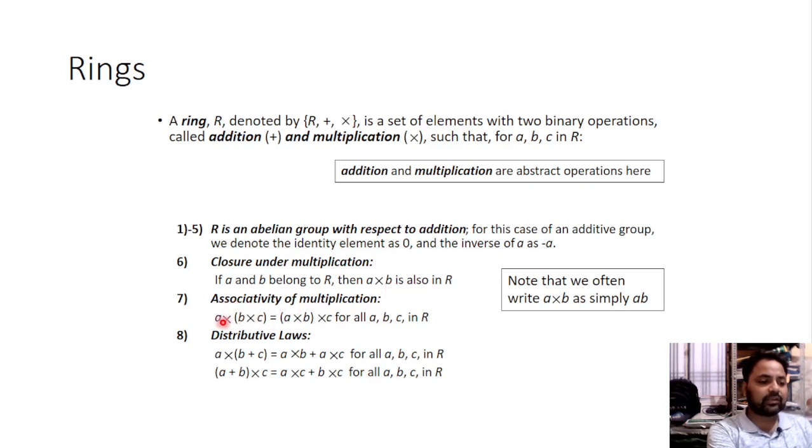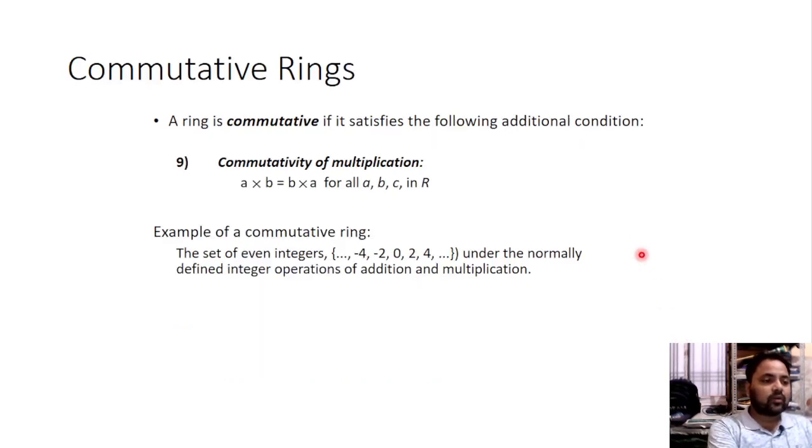Associative for multiplication: (A cross B) cross C equals A cross (B cross C) for all A, B, C in R. Distributive laws: A cross (B plus C) equals A cross B plus A cross C for all A, B, C in R. (A plus B) cross C equals A cross C plus B cross C for all A, B, C in R. Here one thing should be noted, that A cross B is written simply as AB, because both are in product form, so we can write A cross B in terms of AB also. Like for commutative rings,